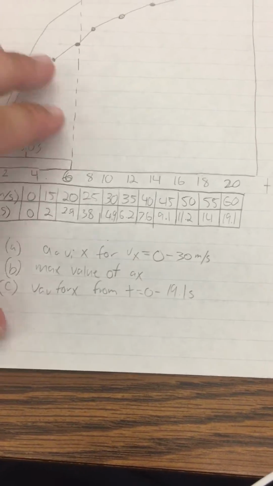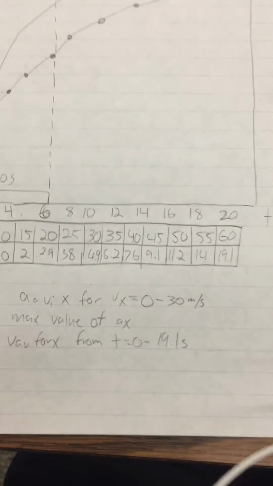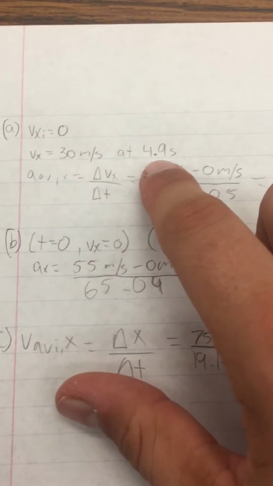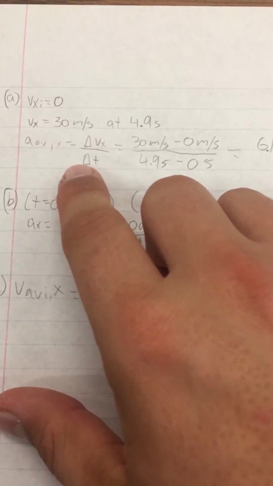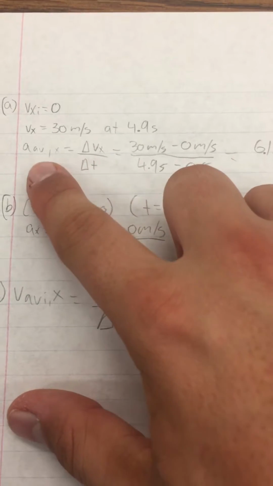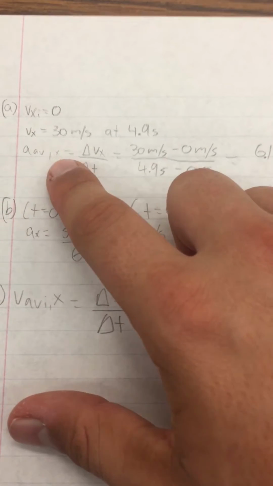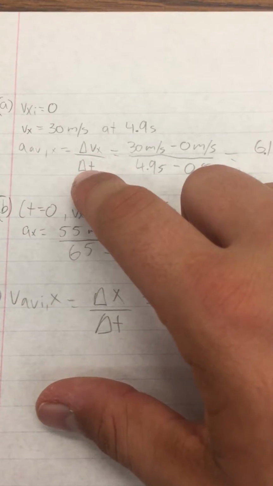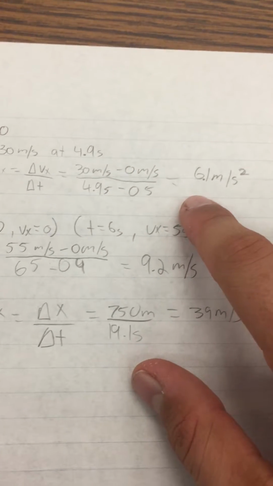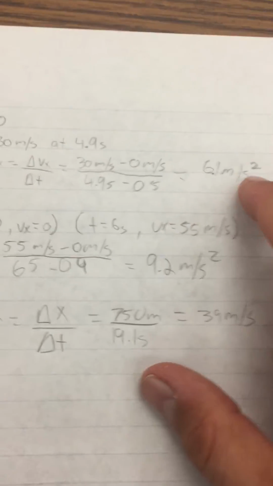So back to solving part A, the car starts from rest, so the initial Vx is going to be 0, which is right here, and it reaches Vx at 30 meters per second at a time of 4.9 seconds, according to the data table. Using this time interval, we can find the average acceleration in the x direction, which is equal to the change in Vx divided by the change in time. I plugged in my variables and I get 6.1 meters per second squared